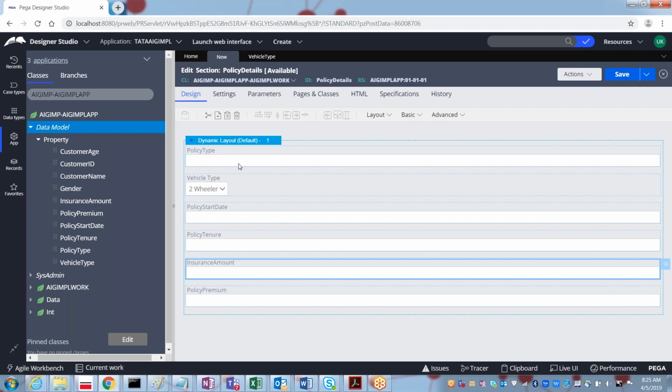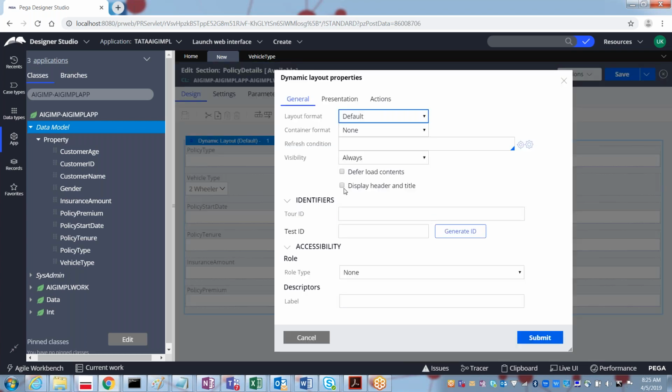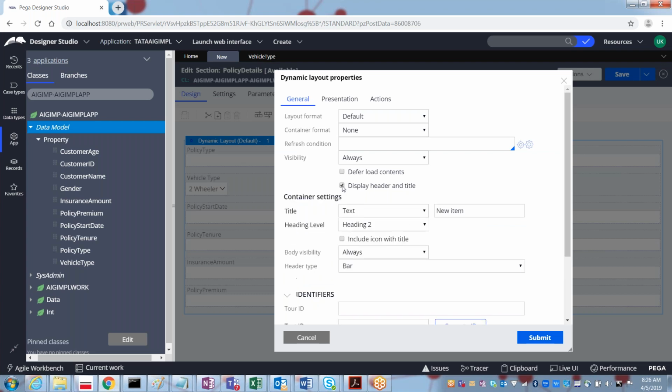As I said, in case you feel the look and feel is not so good, then select the layout, and then view properties. Here, if you want, you can give the header and title as well. So enter policy details.